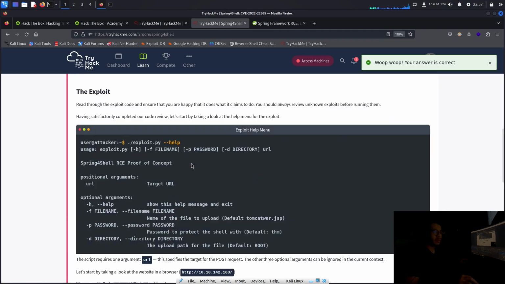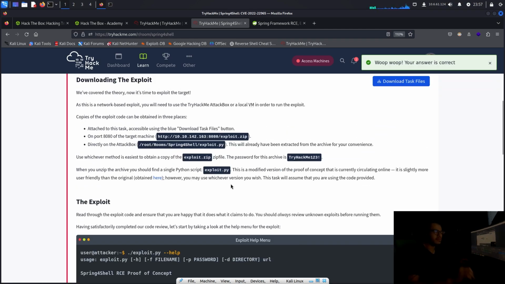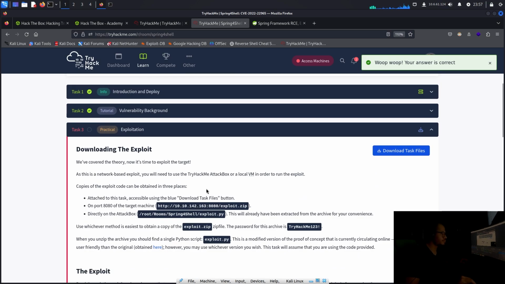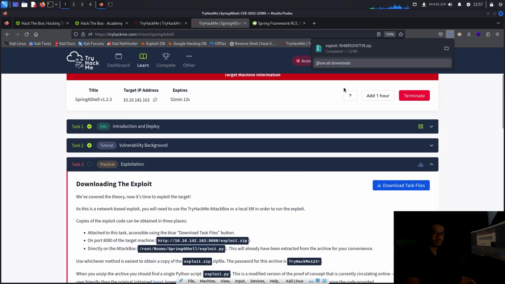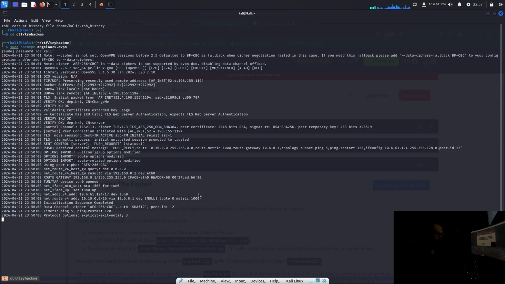Let's do the exploitation now. Okay. Downloading the exploit. Let's download the exploit. Okay, so what I want to do is just